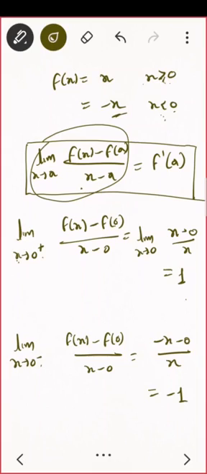Yeah, is that clear to you? Take some time, think about it properly, whether it is clear that differentiability, do you understand the definition? So it is the slope of the tangent, and why is this the slope of the tangent? If you are taking x towards c, then around that point it will be just touching at that point.